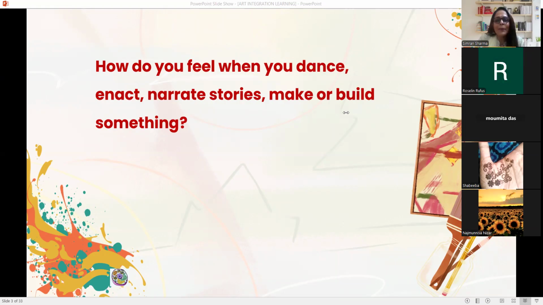So what makes you happy? Because you're expressing yourself. Nobody is judging you. You just want to be free. You just want to show how happy you are, isn't it? And at the same time you're stress free, happy, energized. Exactly. At the same time, it gives a boost to your confidence. Simple movement of your hands and just swaying or jumping and dancing gives you a lot of pleasure. Okay, absolutely. I also agree with you.